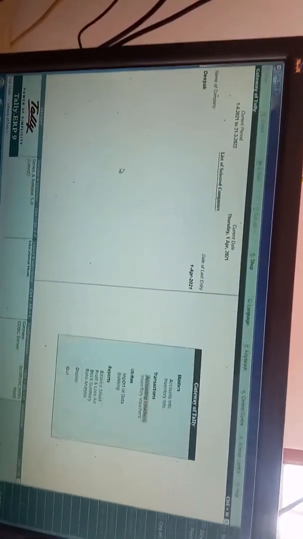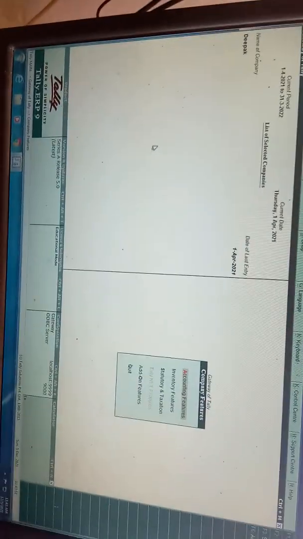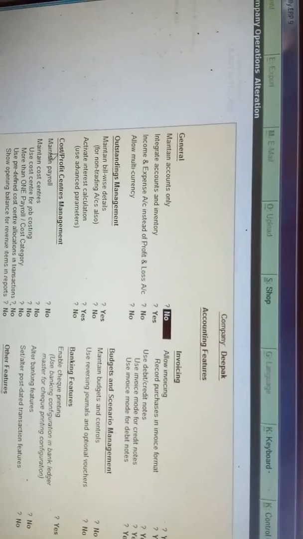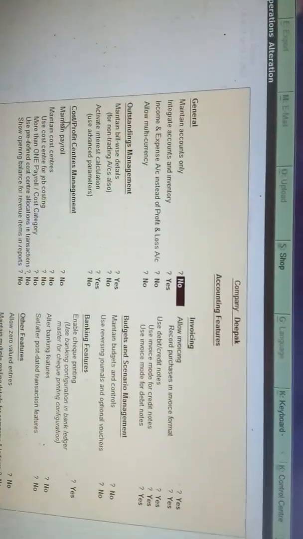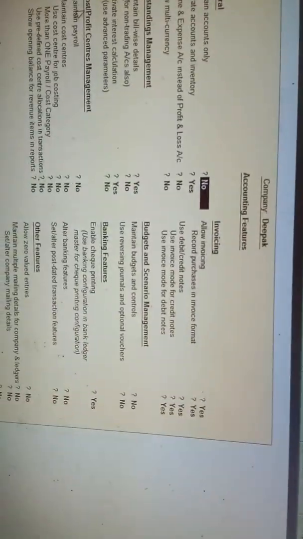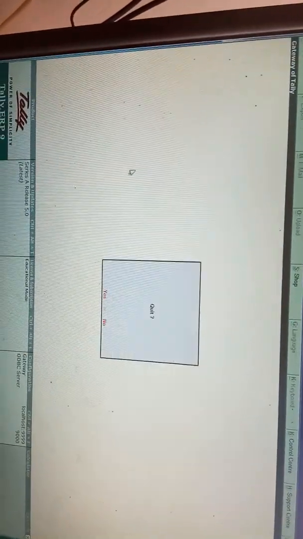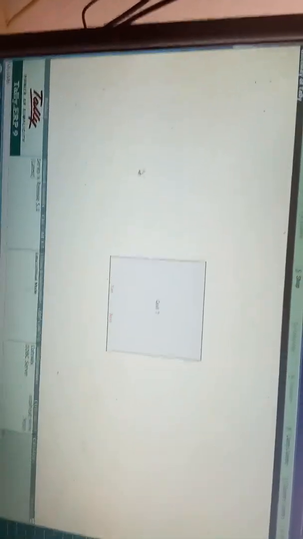Immediately after you create a company, you have to press F11. There you have to go to accounting features. There you have to activate allow invoicing mode and use debit note and credit note, and this is the method under which you are going to create a debit note and credit note. When you activate, on the right hand it will always show the debit note and credit note highlighted. If you are going to accounting vouchers, definitely it is going to activate debit note and credit note.